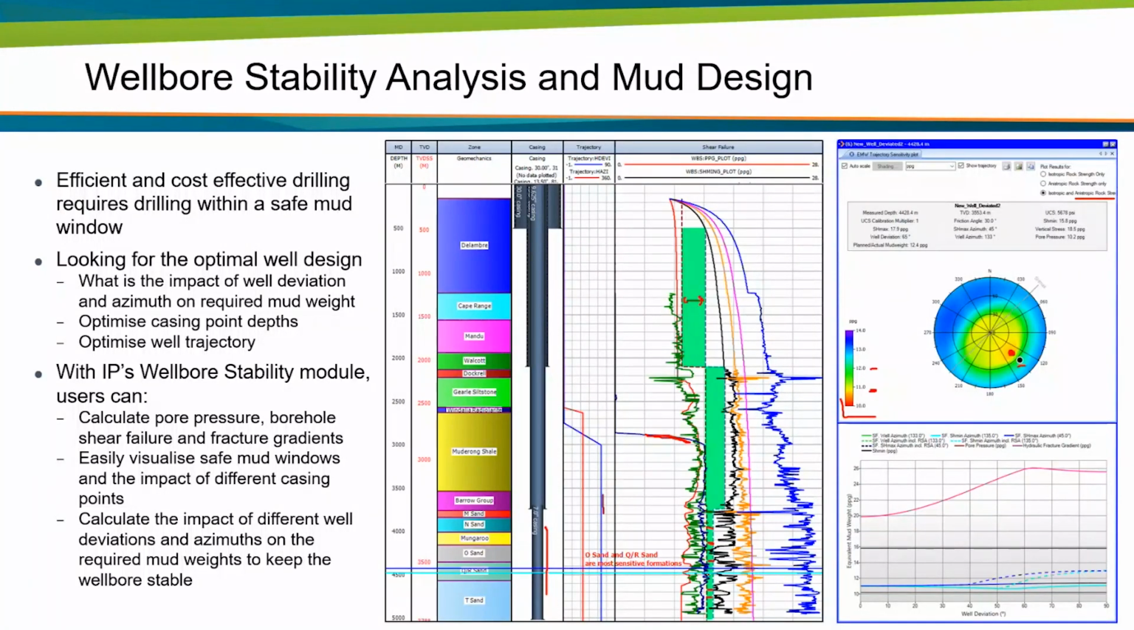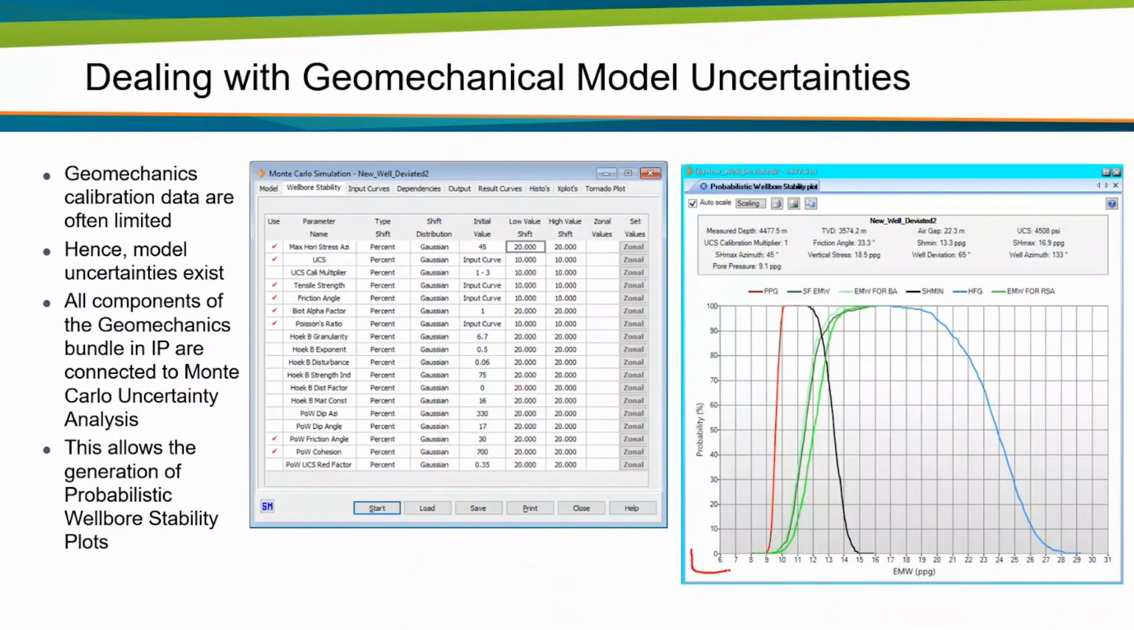So if you would right click again, somewhere in this wellbore, you can produce something which we call a probabilistic wellbore stability plot. So you're looking at mud weight versus probability in percent. This red line here expresses the uncertainty in pore pressure. The green lines express the uncertainty in borehole failure gradient. The black one is the uncertainty in fracture gradient. And you can see that there is some mud window available here